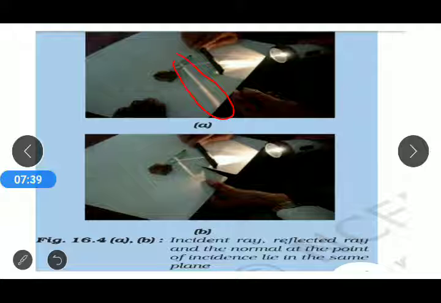After reflecting, the ray is able to trace its path on the paper. But as we fold the paper along the table, we are not able to see the tracing path of the light. The light traces only up to that mark, where we are not folding. So from that activity we can suggest that